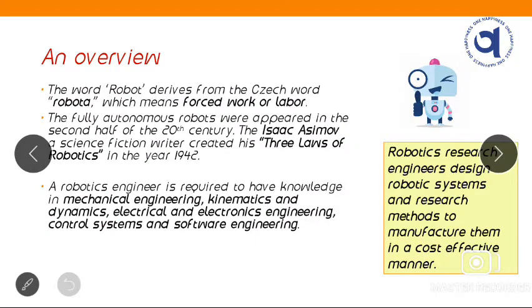Okay, so let's understand a little bit of history, how this concept of robot came into the picture. First of all, you might have seen robot is derived from robota. Okay, it is a Czech word, which means force, work, or labor. And robota means a slave. Okay, so in ancient times there was slavery, and slaves are supposed to do repetitive work,